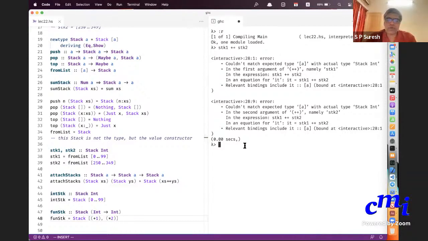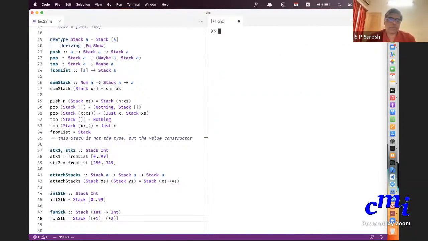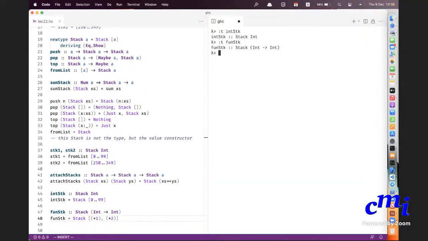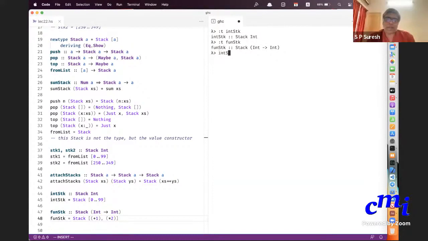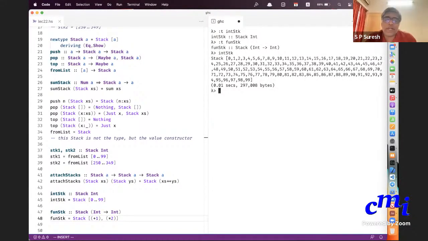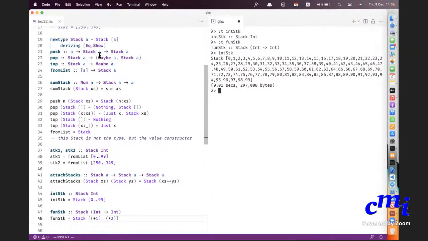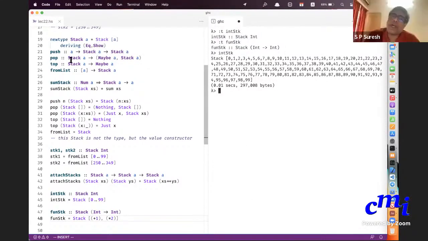Let me go to the program. I can ask the type of int stack. This is the stack of int. I can ask for the type of fun stack. Clear so far? Who asked this question? Now let me just type int stack. It will show. Why did it show? Because stack A is showable. Provided elements of type A are showable, it will show stack A.